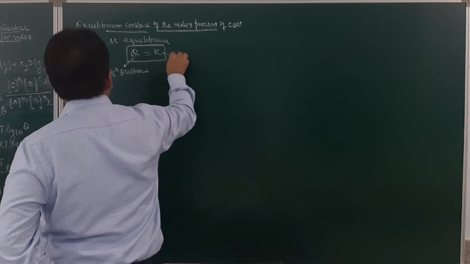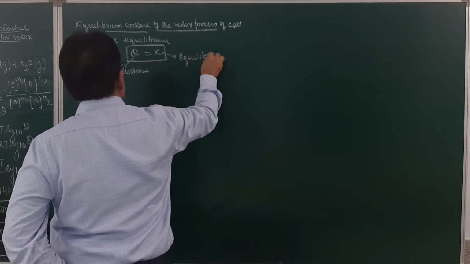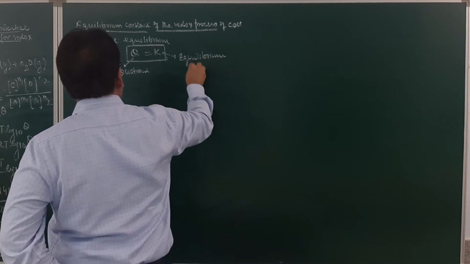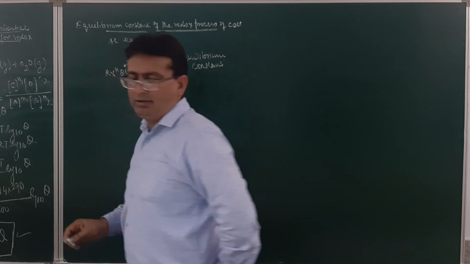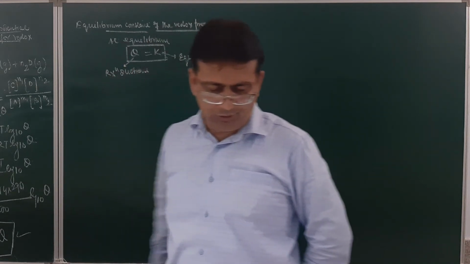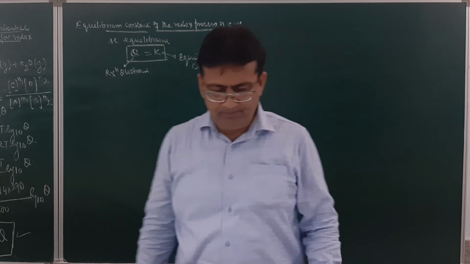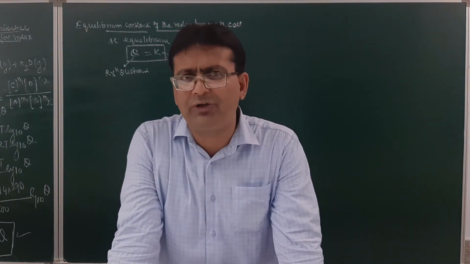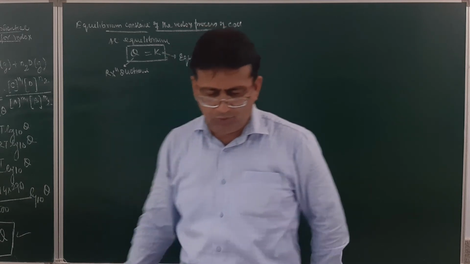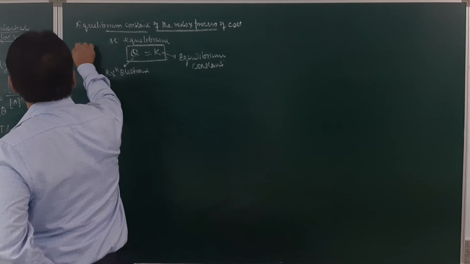And what is K? This is the equilibrium constant. Am I clear? So Q over here will be equal to K. Now secondly, always remember at the stage of equilibrium, we also know that the oxidation potential of anode will be equal to the reduction potential of cathode. So this was the first point.